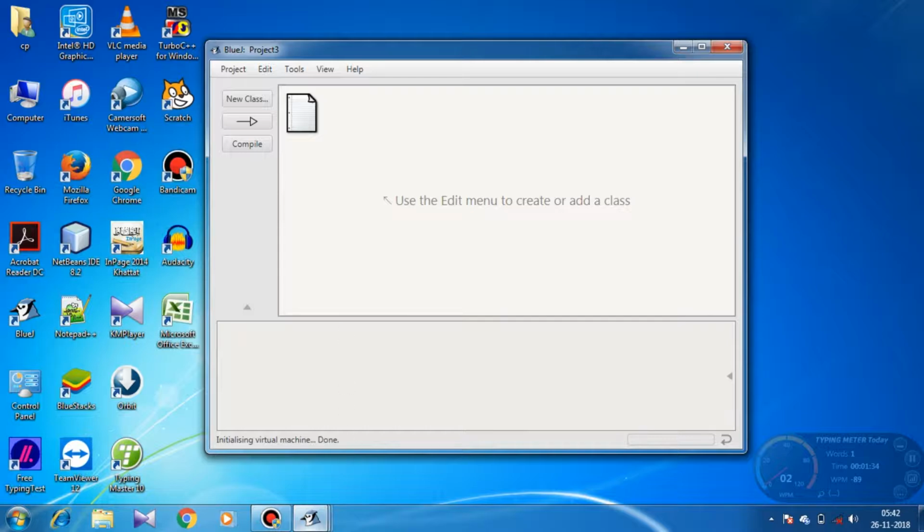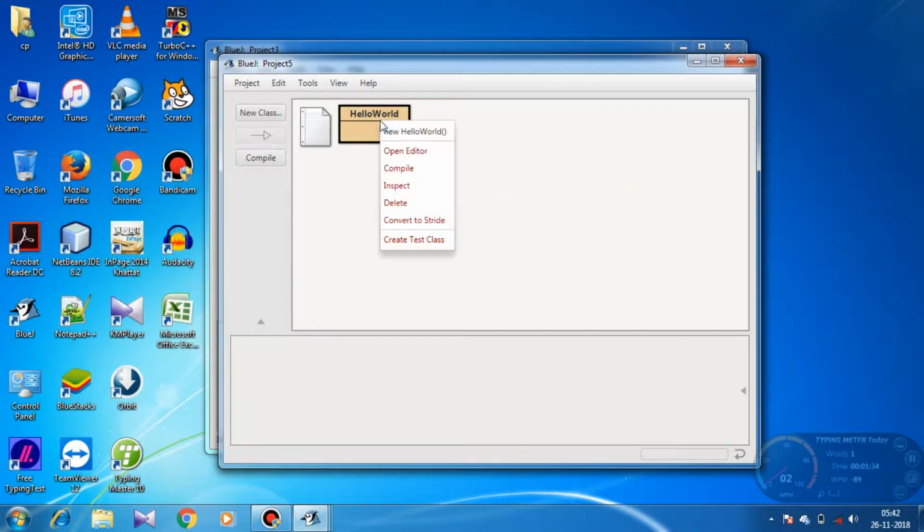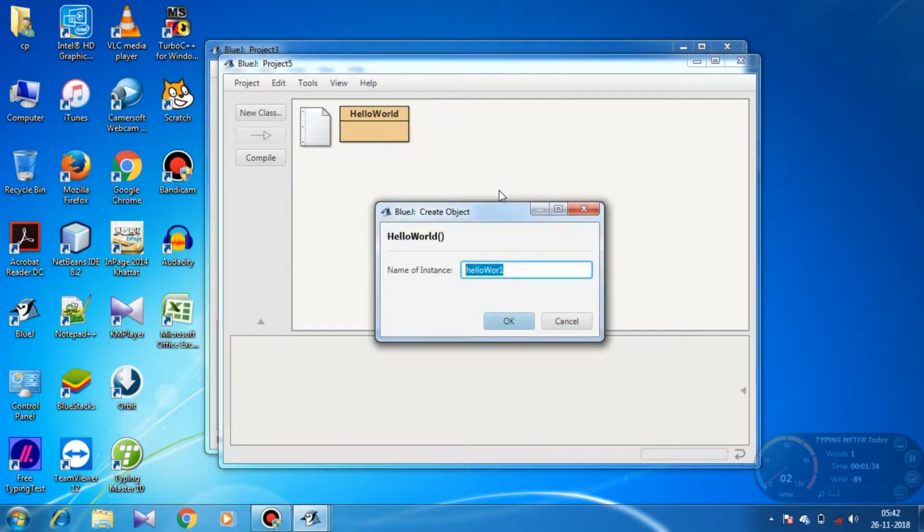We will right click on the class and then from the shortcut menu we will select new and the class name, new hello world. Name of instance hello world 1.